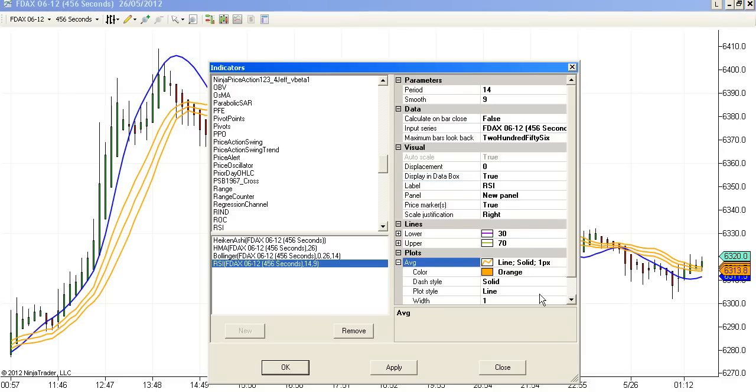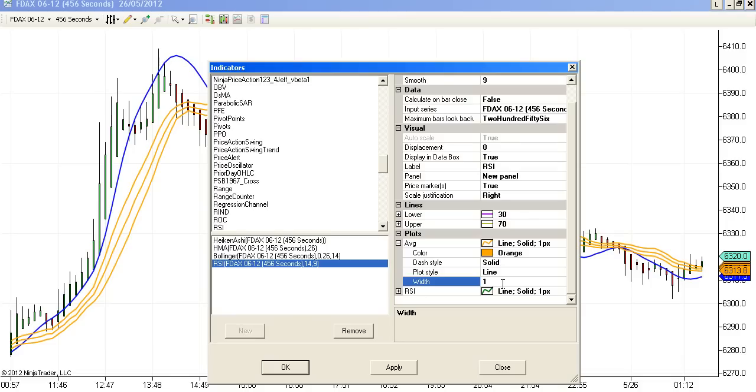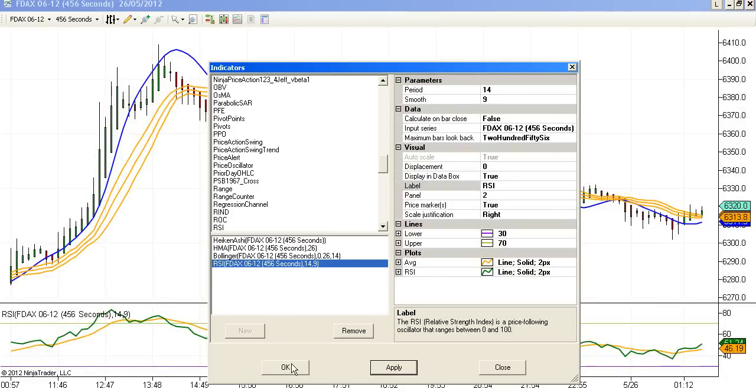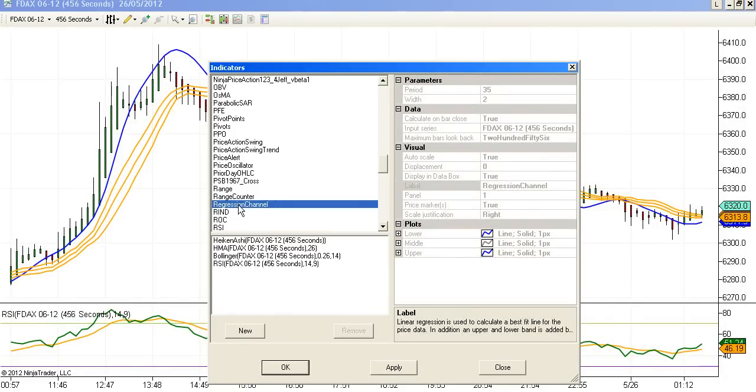RSI, this I generally prefer red, it's okay, but whatever color you want, orange, this is green. If it is black background, then lime will be better. 2 over 14, 9, and the next one is MACD.